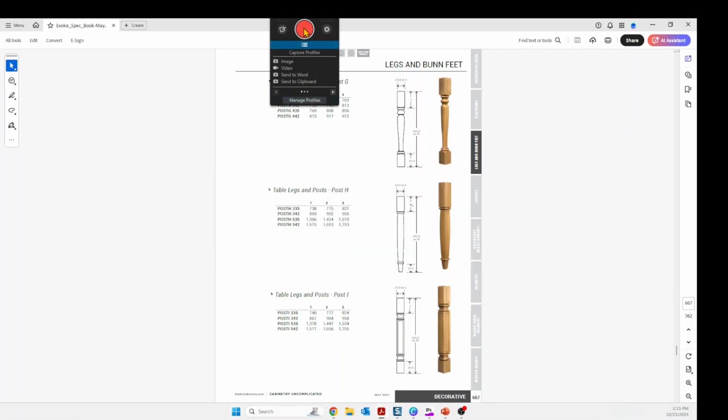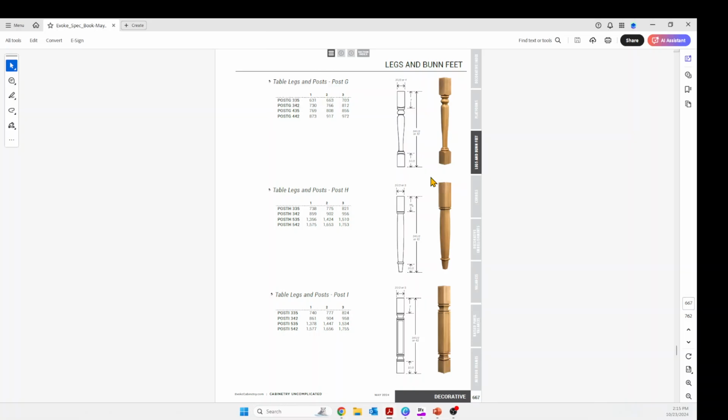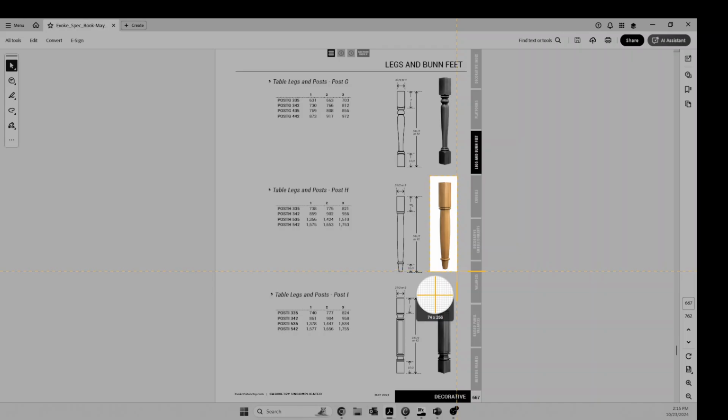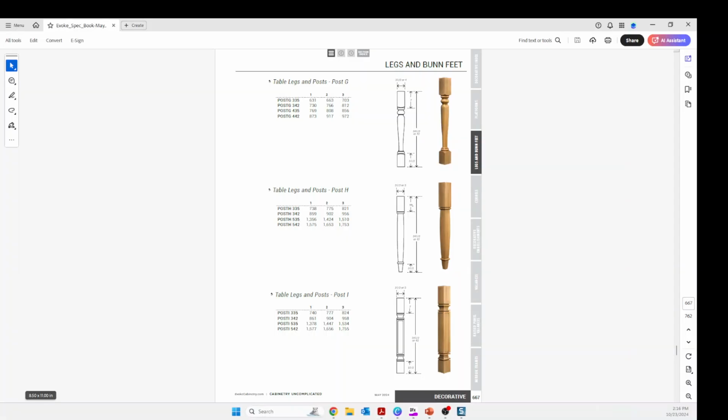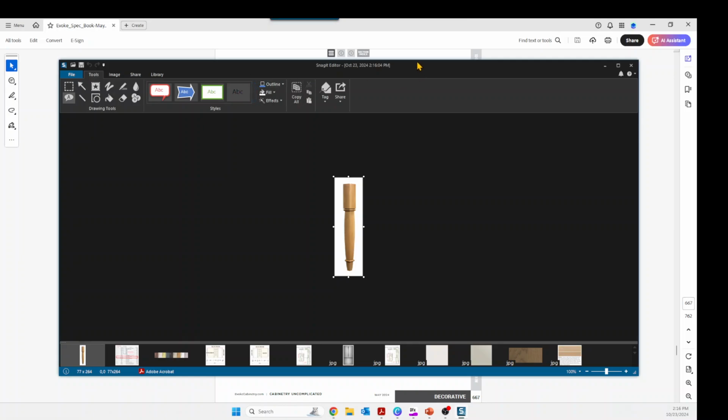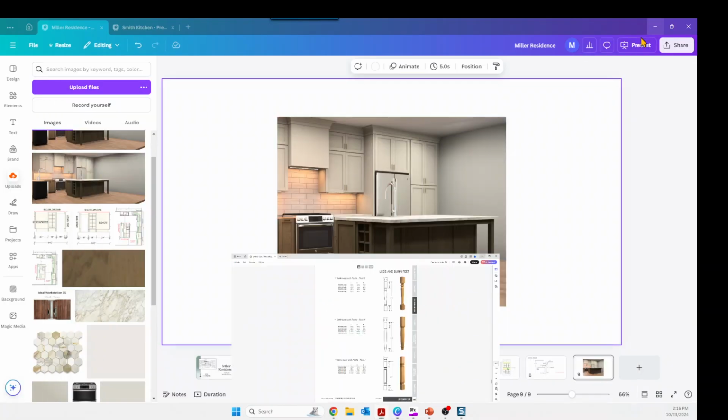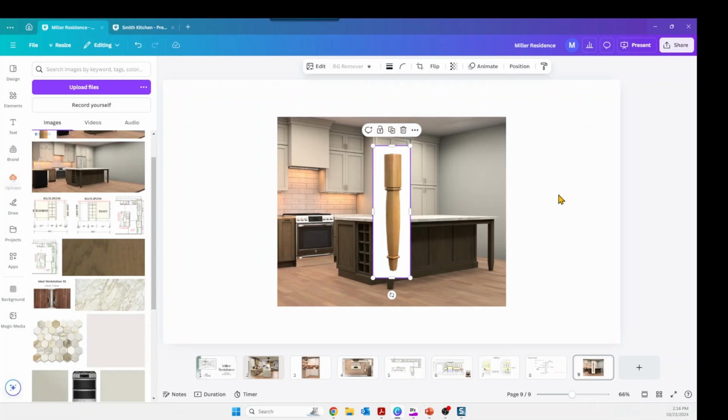But I like to use Snagit. We all use it within the company. It's great. It puts this little thing up here at the top of your screen. So you just come up, click on that little red button, and then I'm just going to clip or snag that little leg. And let me show you what happens when you use that. This opened up on another screen, and it's just the Snagit editor is what it's called. And this is where you can mark up, do whatever you need to do on this picture. But I'm going to just right click, copy, downsize this, and then I can just paste that directly to